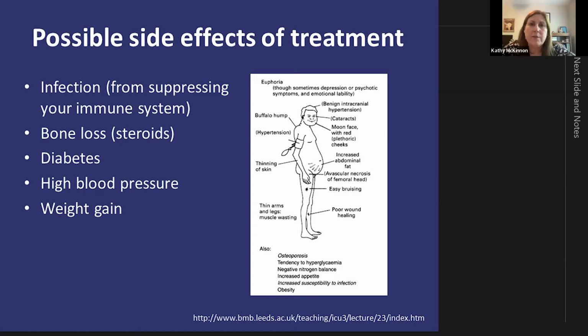And as you know, any of you who have taken steroids, just from steroids alone, there are many potential side effects. Most people get at least one, if not more than one. We worry about infections in people on these medications because their immune system is lower to treat the disease. They're also more susceptible to infectious complications of disease. Steroids can cause bone loss and osteoporosis. Steroids can predispose you to developing diabetes or high blood pressure. Weight gain, very common if you have to take high doses of steroids for a long time. And that's just a short list of the side effects of steroids, which is one reason we're always looking for newer and better treatments for this disease.